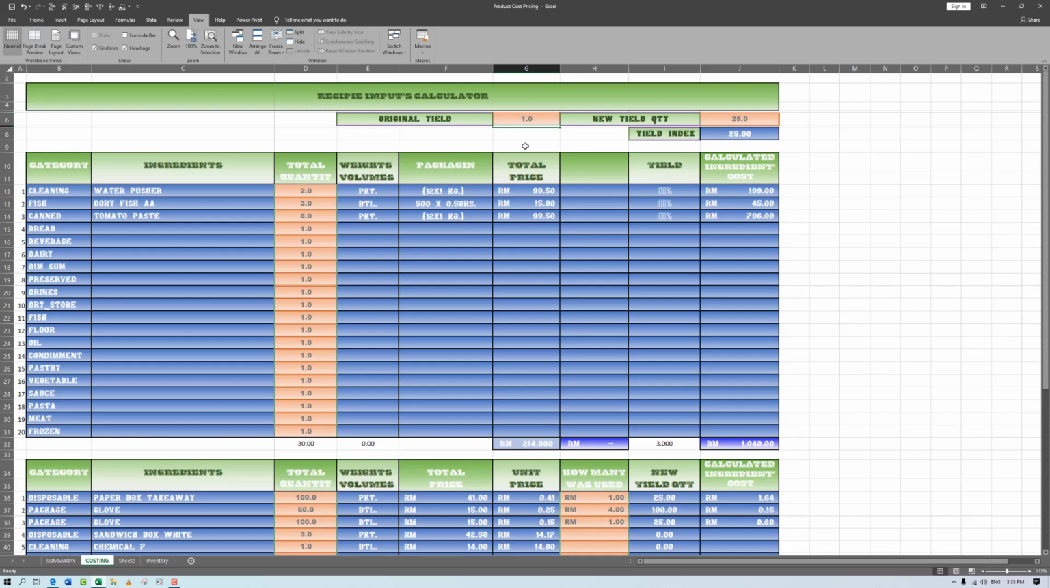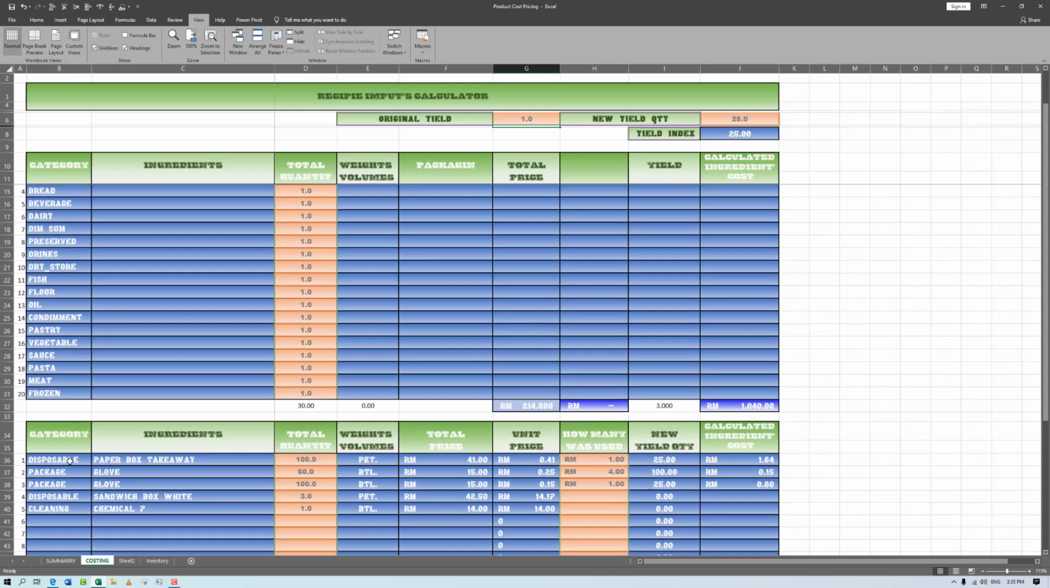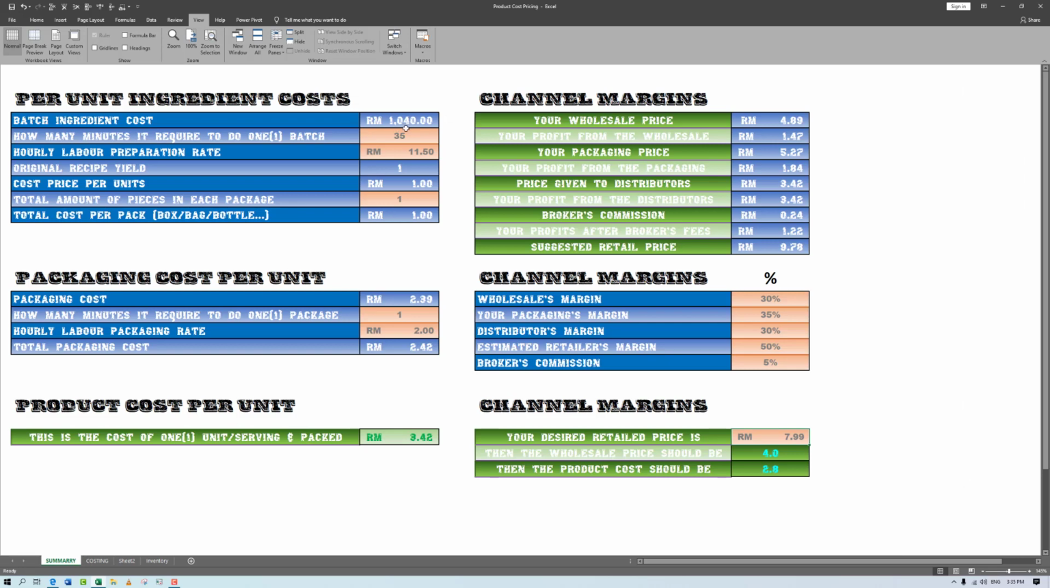This is not set yet, so I have more work. This one is for the packaging, and it's the same, it doesn't work fully. But basically all the prices that you see here are linked here. So how many minutes you require, let's say 2 minutes. The labor, let's say it's 1 ringgit, and you can see that everything is calculated. If I say 8 ringgit,